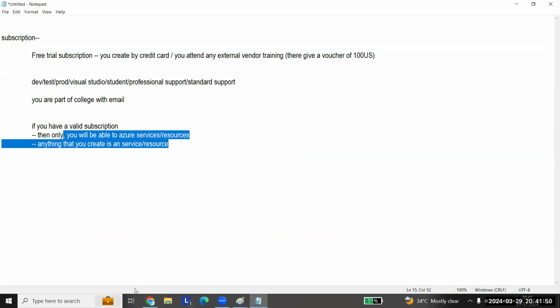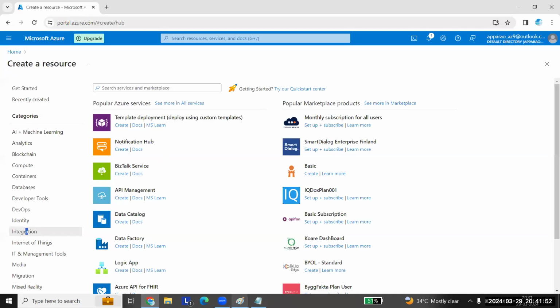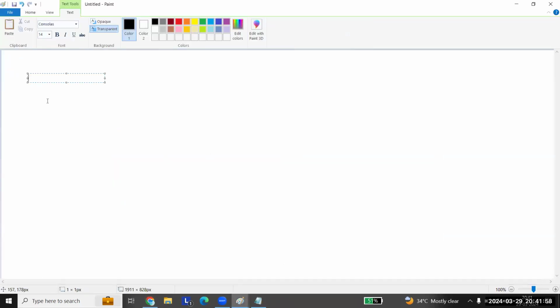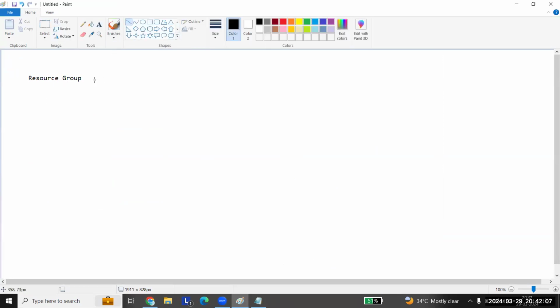That is one. The next thing is the most important thing now. If you go here, you will have a resource group. What do you mean by resource group here? What is a resource group?